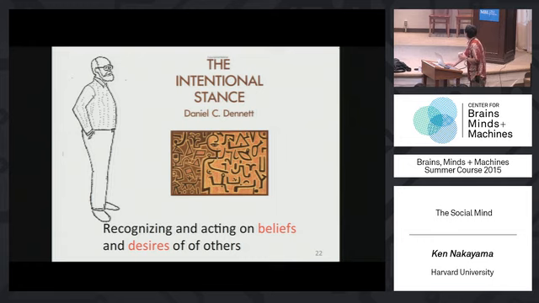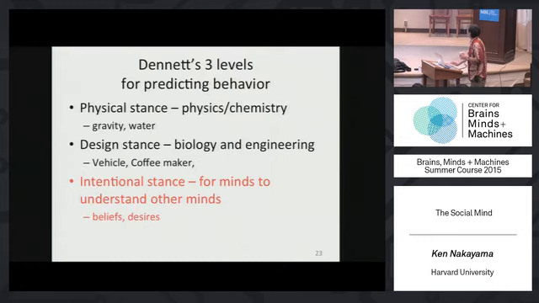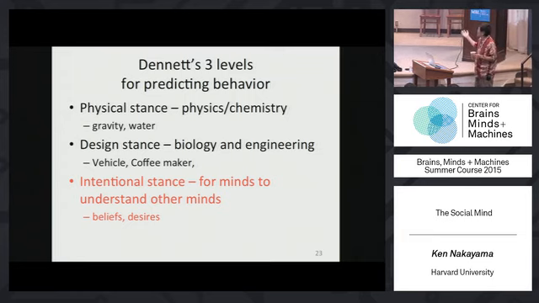Okay, so he basically has three levels for predicting behavior. The physical stance: if we have an ideal situation of Galileo dropping his balls, assuming there's no air resistance, we can make nice predictions. Biology and engineering: we know that in 7 minutes the coffee's going to be ready, because that's what it was designed for. But then he's got something called the intentional stance, which is, in order to really understand what people are going to do,